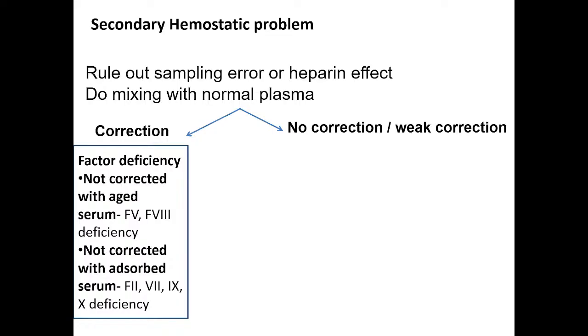अब ये हीमोफीलिया ए का पेशेंट का है मान लो, और इसमें एड्जॉर्ब सीरम है, तो 2, 7, 9, 10 कम है उसमें, लेकिन 8 तो कम नहीं है, ठीक है। तो इनको मिक्स करेंगे तो क्या होगा? करेक्शन हो जाएगा कि नहीं होगा? हो जाएगा, क्योंकि 8 इसमें है, उसने इसको करेक्ट कर दिया, तो उसमें करेक्शन हो जाएगा एड्जॉर्ब सीरम से, अगर ये हीमोफीलिया ए है तो। लेकिन नॉट करेक्टेड विद एड्जॉर्ब सीरम तो उसमें 2, 7, 9, 10 इनमें से किसी का भी कमी हो सकता है। तो अब हमको देखना है कि वो क्लिनिकली क्या ब्लीडिंग किस तरह का लग रहा है।